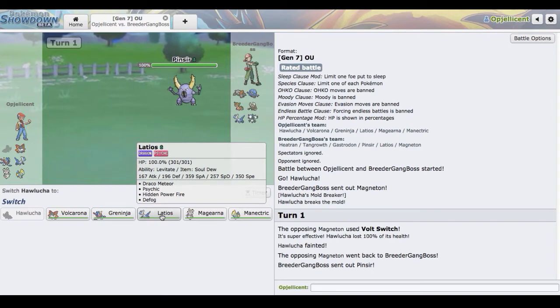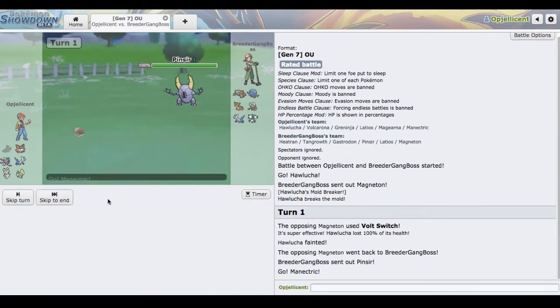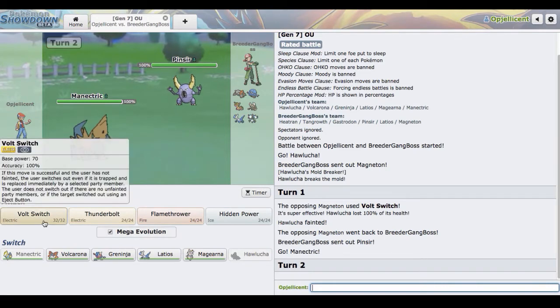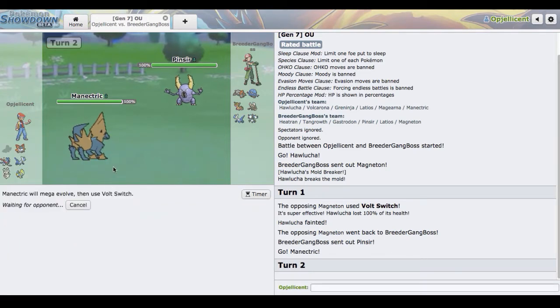So I guess what I can do is easily bring out my Lottie right here. I think I have to go Manectric, and I'm just going to Mega Evolve and Volt Switch out. He honestly should just go hard